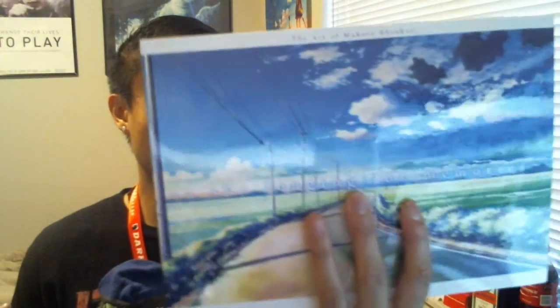I could buy this technically at any point, but you know, you're in a Comic-Con, you're in a spending mood. I don't know if you guys know, but I am in love with Makoto Shinkai. He's my favorite director when it comes to the Japanese anime movies. One of the reasons why I love Makoto Shinkai is because his movies, 5 Centimeters per Second and Your Name,